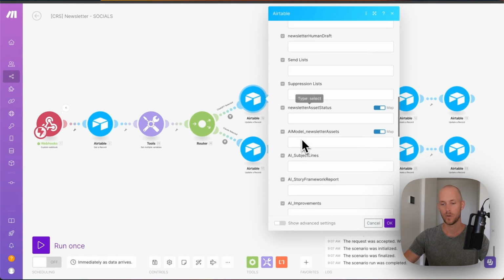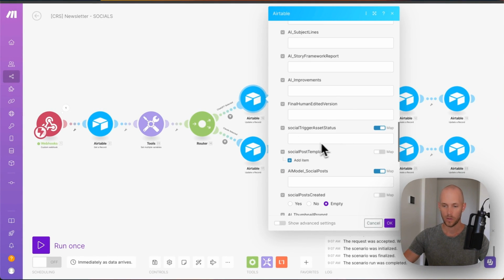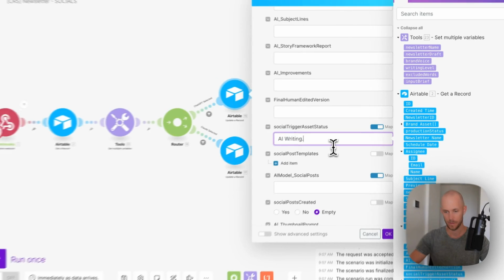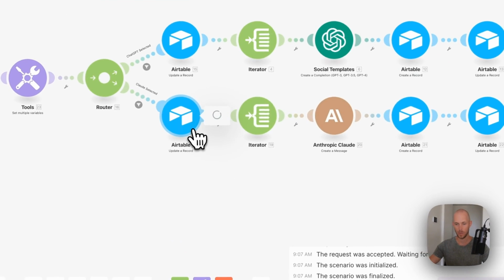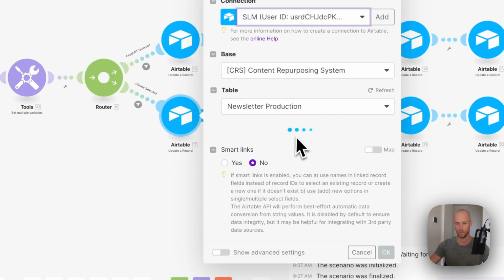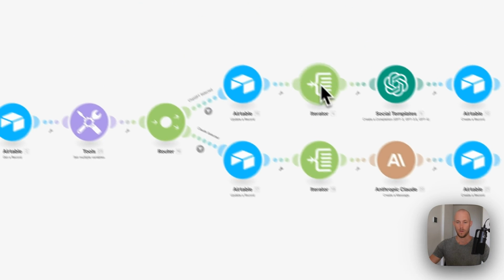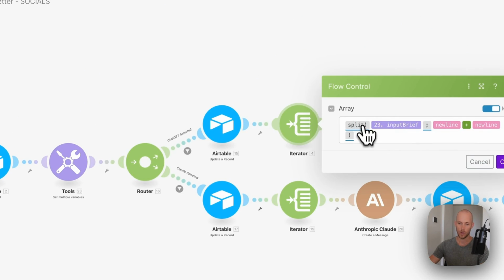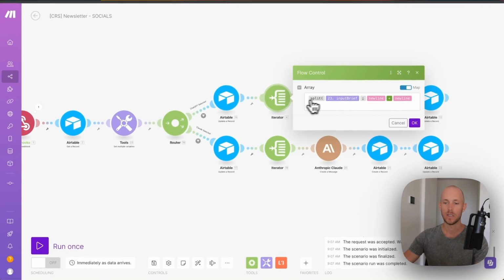Add the status for social media this time. So social trigger asset status, which is AI writing. I'm just going to copy that for this one here as well. Cool. So once it comes through there, then basically what we've got is this formula here, which is we're providing